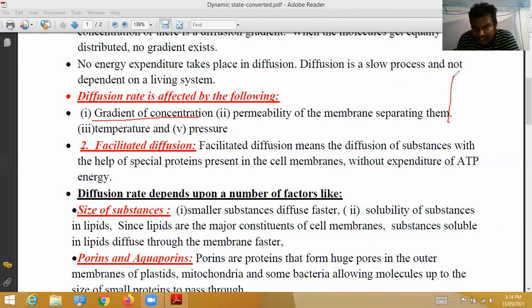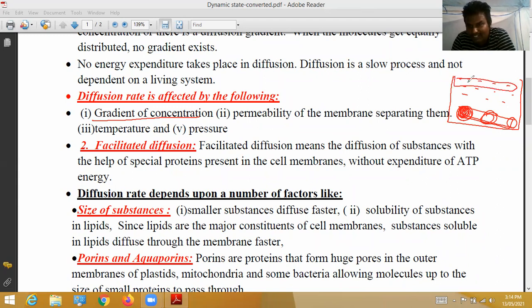See, I said already. So here, on a side or at the bottom or another side, in these sides the concentration will be more. Here, the concentration should be less. In that case only, the diffusion process takes place. Here is more concentration, here less concentration means it does not take place. So the substrate or the material which we are using must be concentrated. Gradient of concentration: if the concentration gradient is changed, diffusion does not take place.